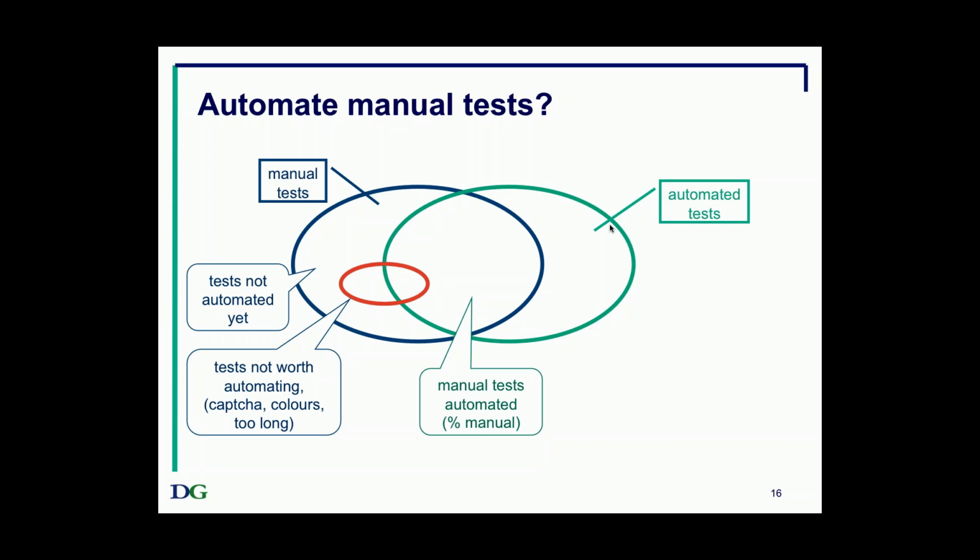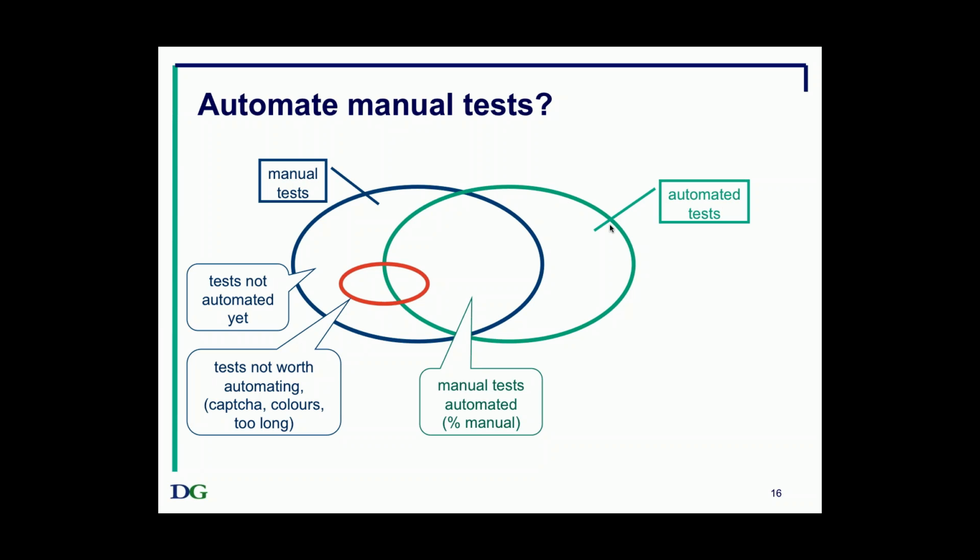But this was a test that he'd now invested 2 weeks of time in trying to build, which only took half an hour to run manually and was only needed once a quarter. That is not a good investment in automation. There will be tests that are much better just run manually. Why is it that we tend to think we must automate everything? We should not. We should only automate the things which are going to give us benefit. Ellen Page says we should automate 100% of the things that should be automated. Not 100% of everything. That's not the right thing to do. So some manual tests should not be automated.